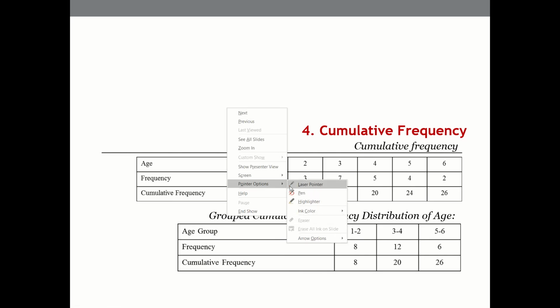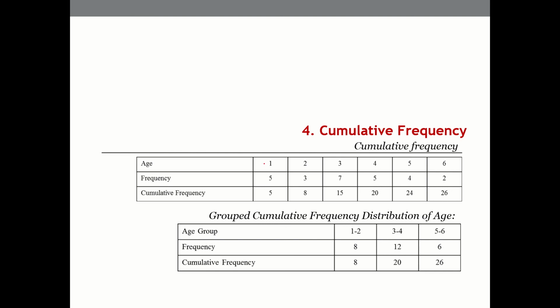Yeah, so age is there, 1 2 3 4 5 6, this is the number, and the second is frequency table. Let us assume only 1 and 2 is there. We understand this is a frequency table. So that means there are 5 people with age 1, there are 3 people with age 2, there are 7 people with age 3, and so on and so forth.